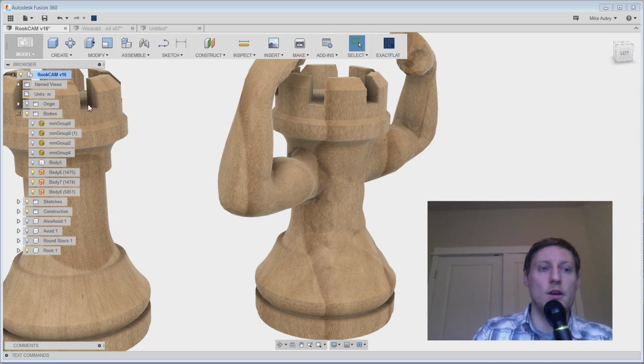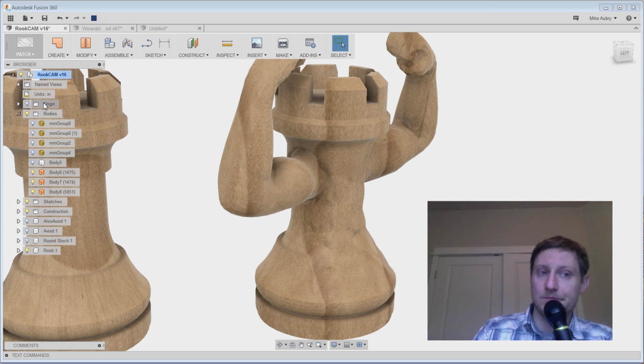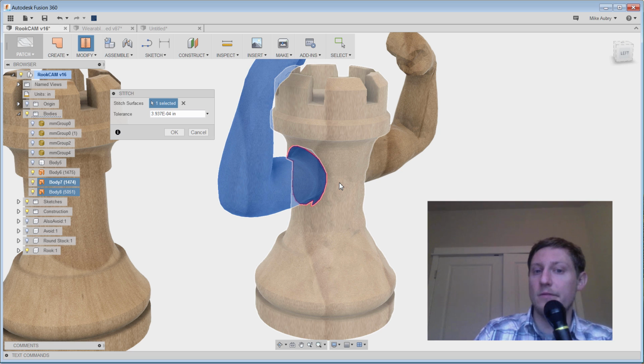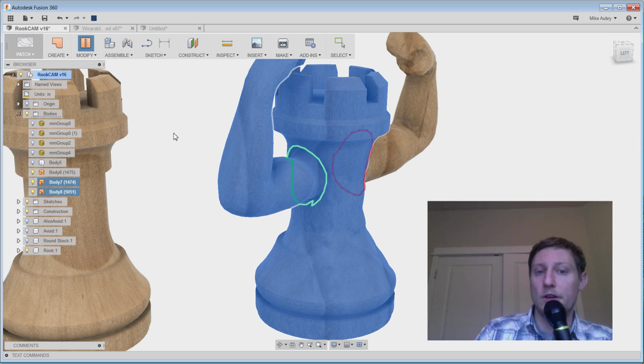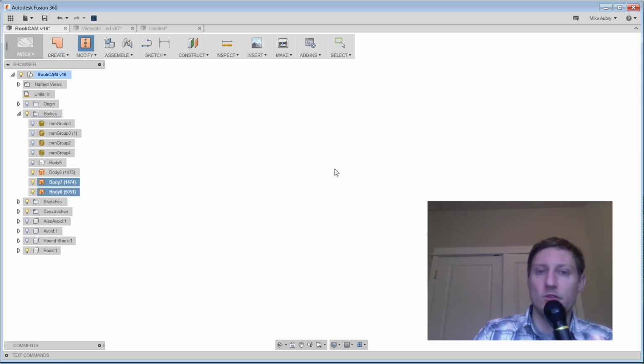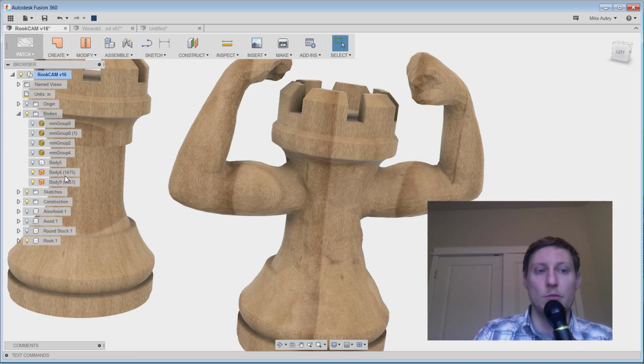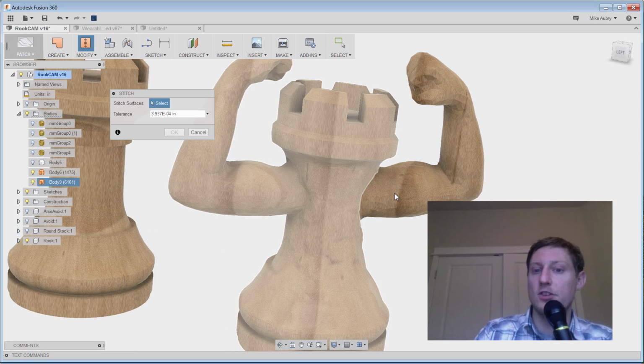But you can then, using the patch environment, Fusion, actually stitch them. So your mileage again is going to vary on this. Basically, you give two different boundaries, it gives a tolerance of what it can do to hold, and it'll pull them together. And then if it's watertight, it'll convert them to a solid. So this is another way to do it. I mean, Fusion's really flexible at stuff. Now that you've got actual surfaces, it can do quite a bit more with them. So we'll take this guy, stitch, stitch,